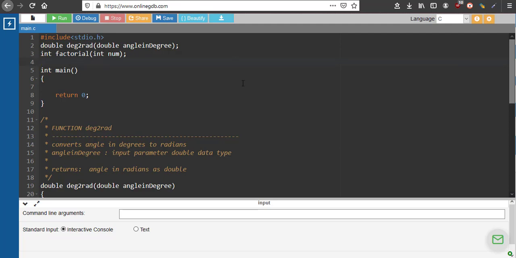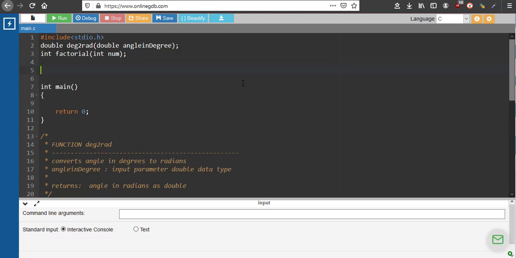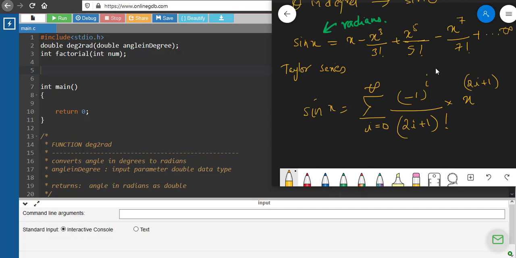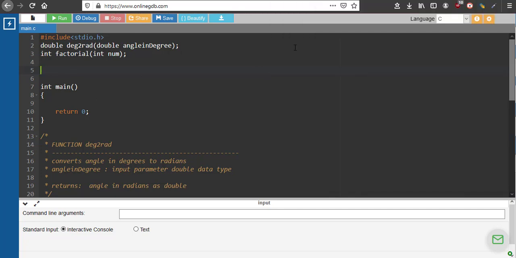So here what we will do is we will write the function which will take an angle theta in degrees, and we will give the sine of the angle. Okay. So before that, let's say we will write a new function, a sine function. This sine function will basically take an angle in radians and do this sum and give it back. Okay, so that's the sine function that we are going to write.